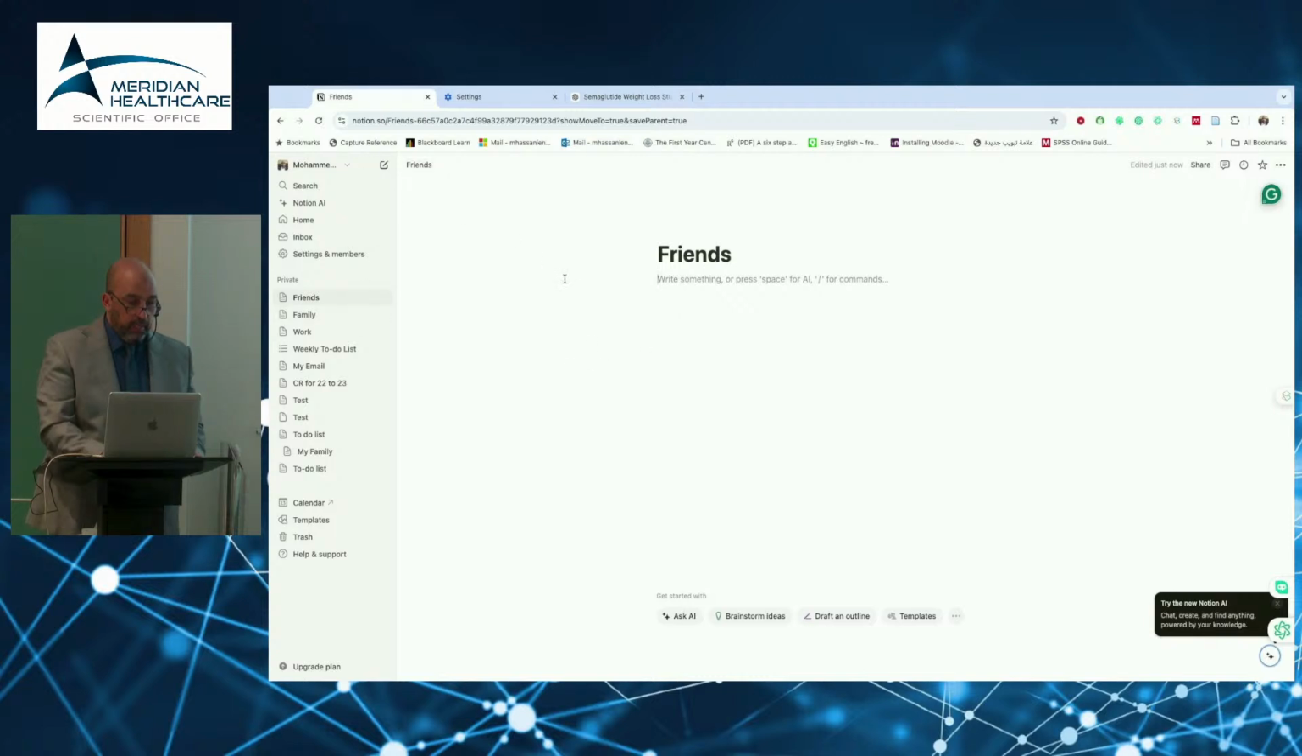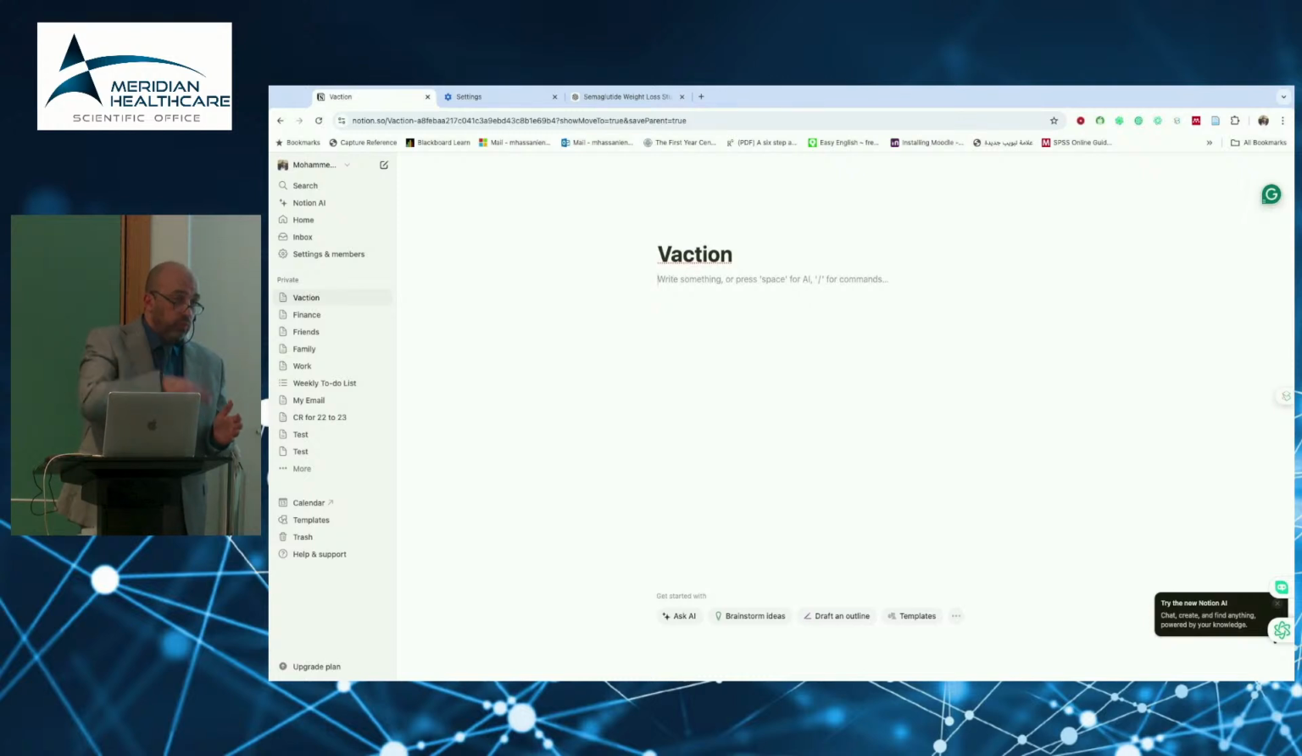Friends. You can add another one for finance. So we have friends, finance, family, work. We can add one for vacation. And in each page you can add more and more pages, or anything related to it, either using AI, files, and